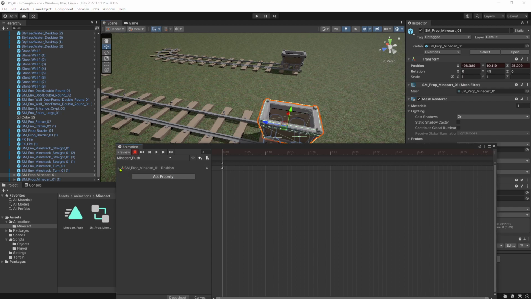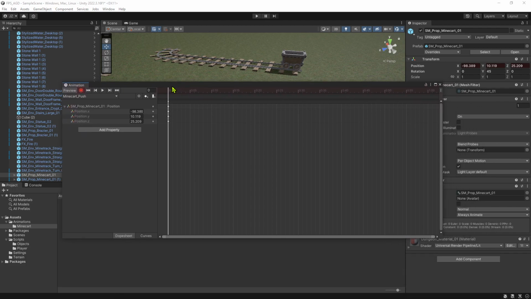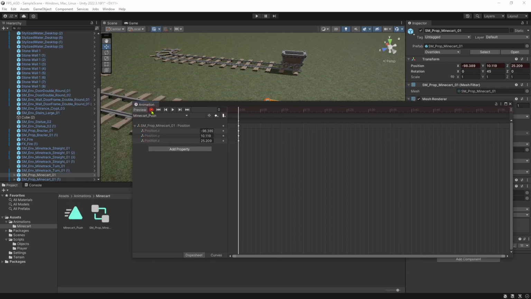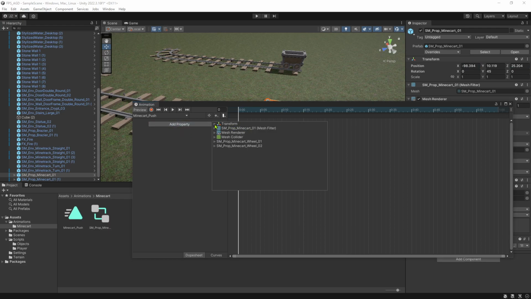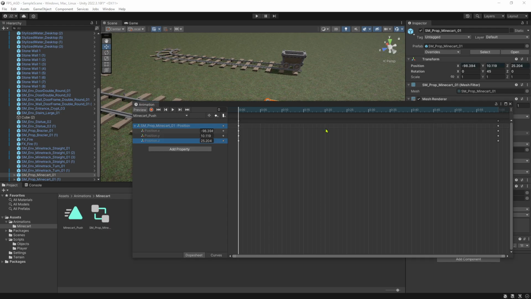So I just move it a tiny bit. And then that adds in that position. So it adds in my position. Actually, kind of thinking back on this, if I push delete on that, if I just go to add property, and then I tell it to add the position, and then I want to add the